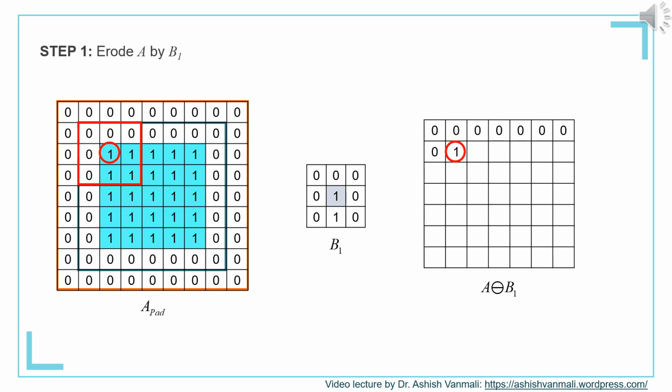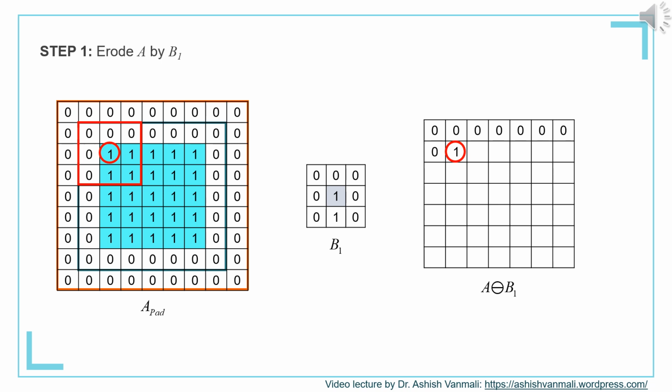If we now move to the next pixel, that is the second row second column, so when we keep the center over there and check the underneath subimage, the center pixel and the pixel below it are 1 in the subimage. Of course, there are a few more ones over there. So there is a total containment of B1 by this particular subimage, because what we want is the center should be 1 and the pixel below it should be 1 according to B1. So in this case, B1 is totally contained, hence the corresponding output will be 1.